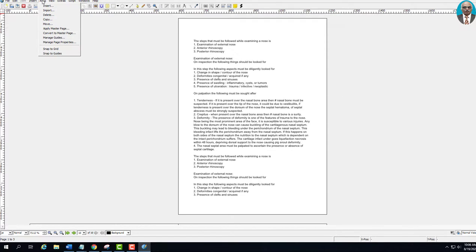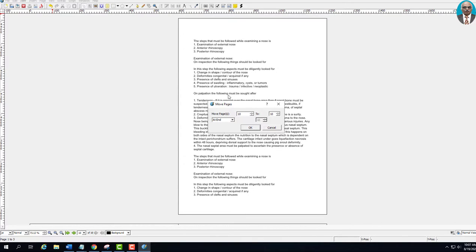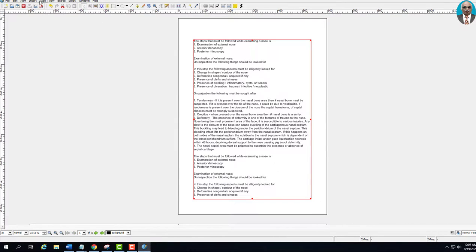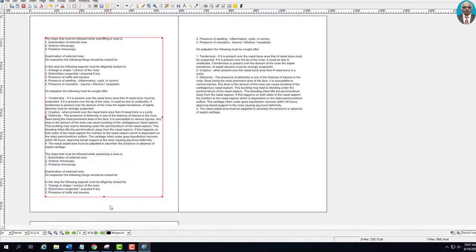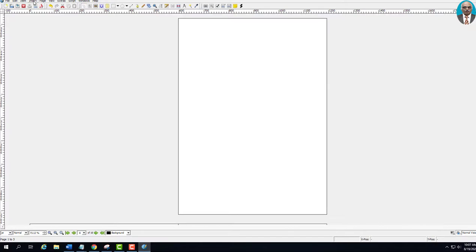So when you want to really edit the document, it is preferable to copy a page to the last page of the document and do the editing, and then you can always move the page. Supposing you want to move this page to the end, you just say it will move. For example, if you move this page, let me say 2 to 3, so this page will be moved to the third page. So the first page will be automatically empty. So that happens.